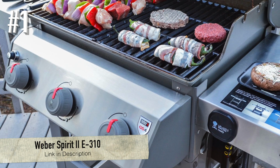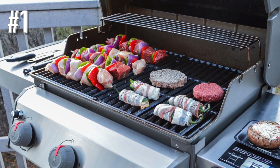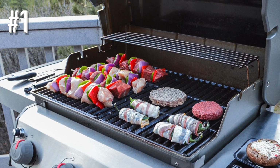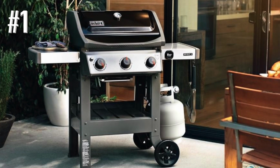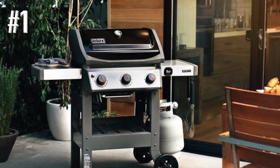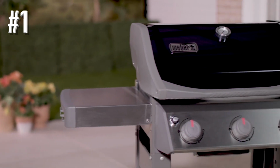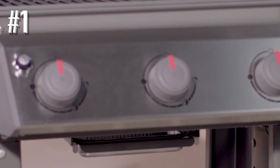Number 1. Weber Spirit 2 E310. This grill comes from Weber, which you may know as the king of all grilling companies. With 3 burners and enough rack space for at least 9 well-sized burgers, you can be sure of entertaining comfortably. You can mount up on the wheels and move the grill if needed, and it comes with 2 side tables